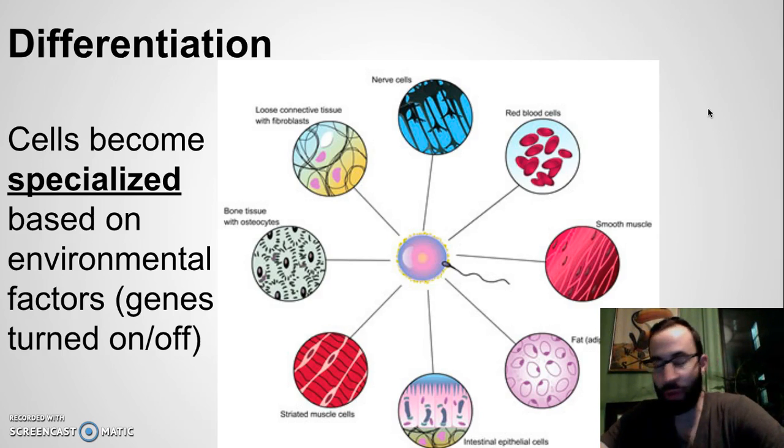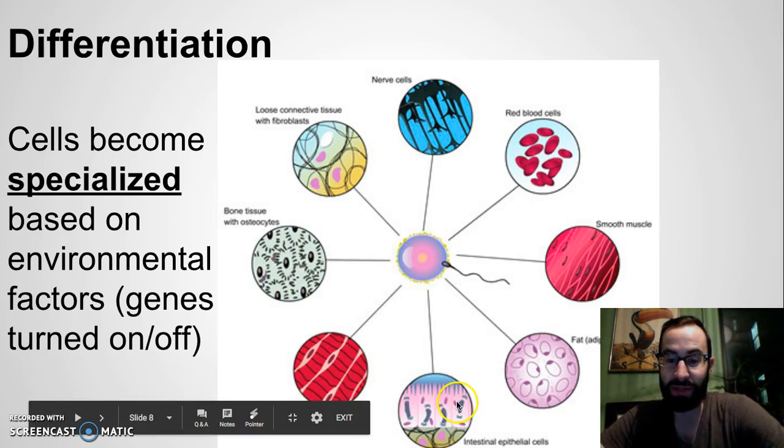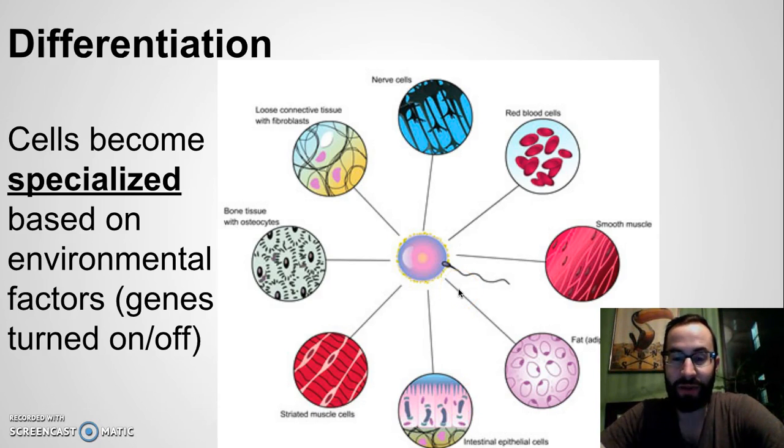So genes, which we're going to learn about in a later unit, can be turned on and off based on where they're located. And when that happens, those genes make different proteins, which then create different types of cells. So we can get smooth muscle cells, or our nerve cells, or our bone tissue, or our striated muscle cells, or cells inside our epithelial lining, or inside of our digestive system, right? And these cells all have the same DNA, but different parts of the DNA are used